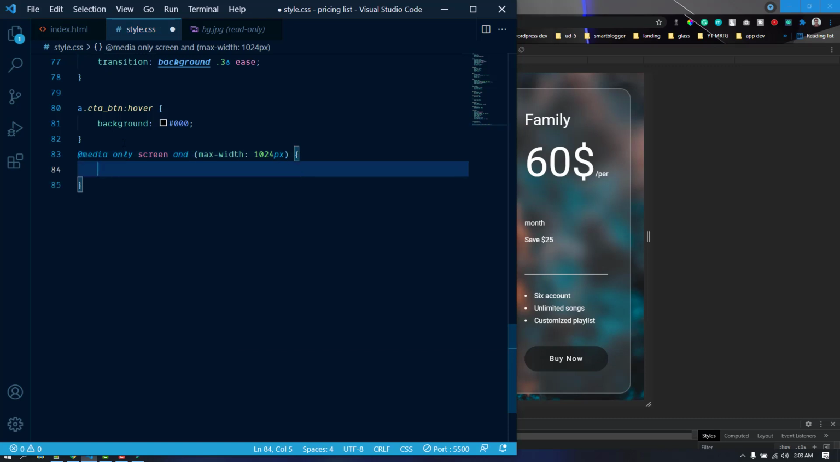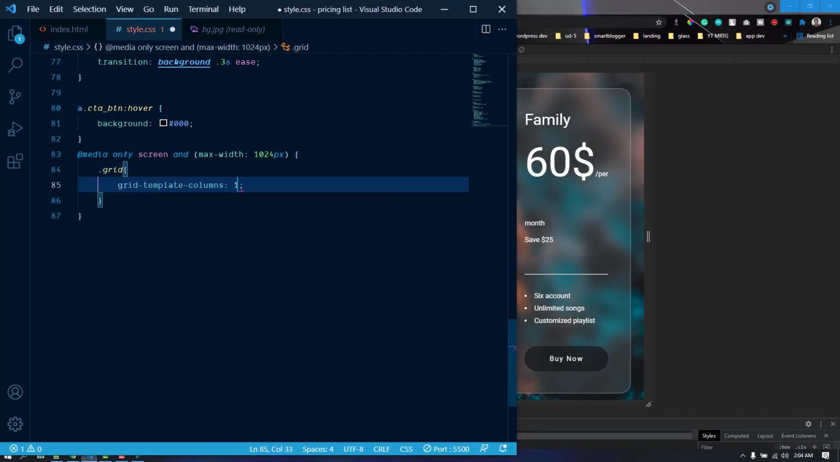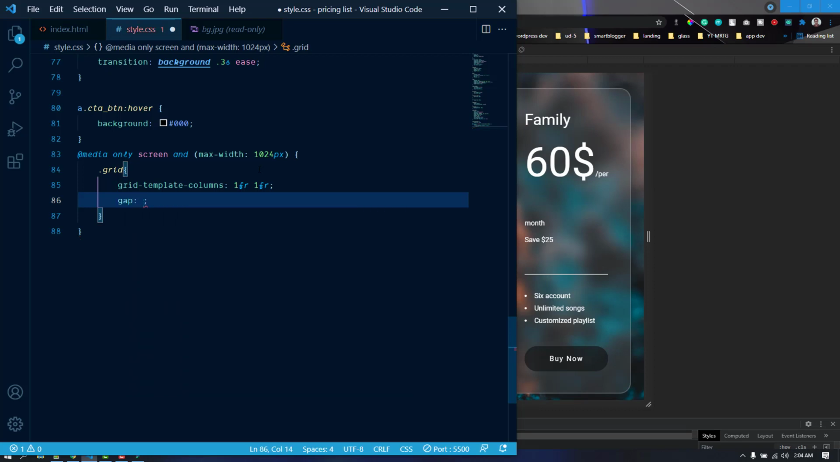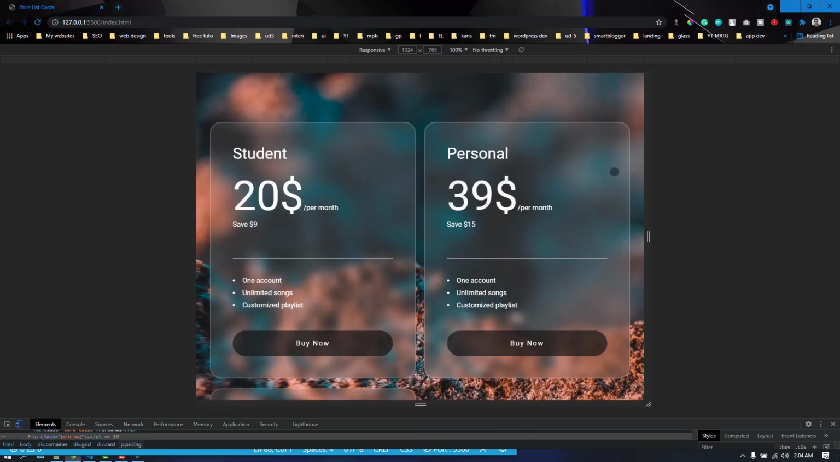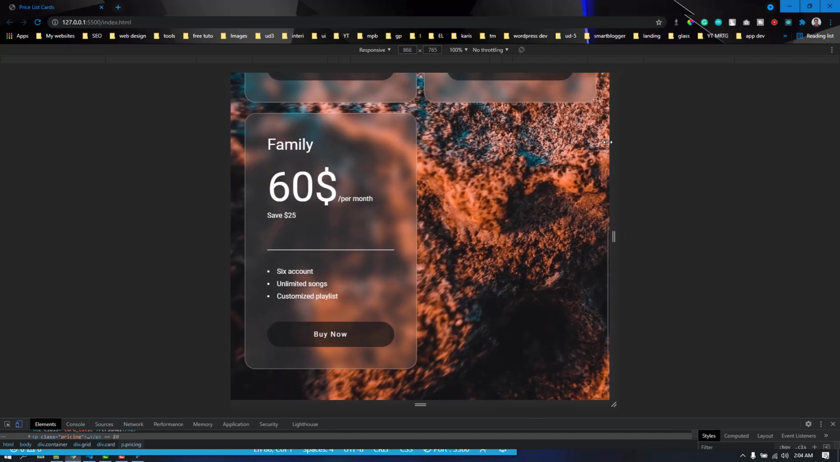Okay, whenever the display size will be smaller than 1024 pixels, we want to target the grid here. Let's target the grid template columns and make it 1fr 1fr, so there will be two items in a single row. We can also reduce the gap a little bit, so I'm just going to make it 2%. Let's save, and here we go, and it actually looks fine